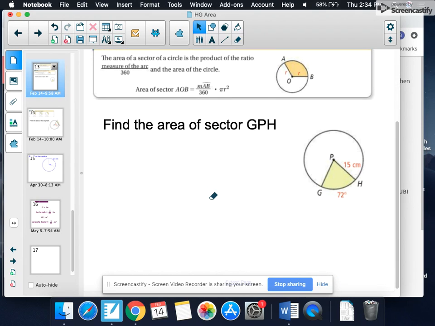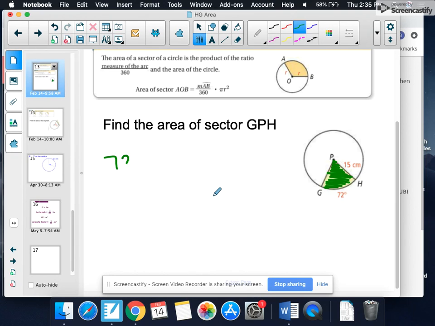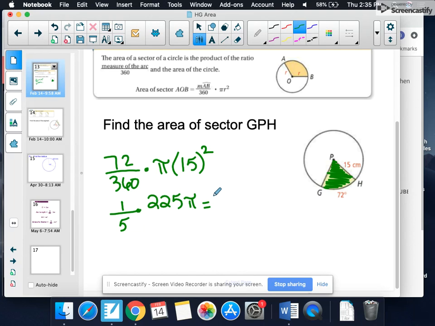So if we're going to find the area of the sector GPH. So the part that I'm looking at is this piece here. So I want to find the area of that. So again, I'm going to take the arc measure, which is 72 over 360, and then times pi times the radius squared. So they give me that the radius is 15 squared. So that's going to become 1/5 times 225 pi. And then if I reduce that, 225 divided by 5 is 45 pi. I'm just going to, again, leave that in terms of pi